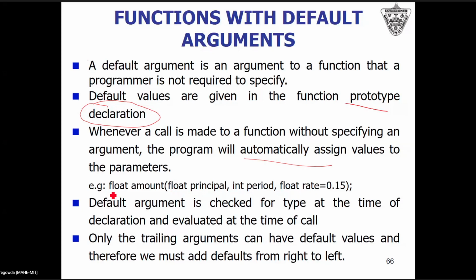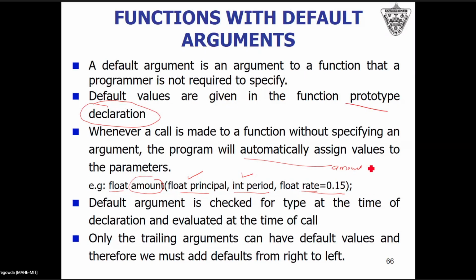For example, if you look at this one, I have a function prototype statement here. The name of the function is amount. I have a principal, interest, the duration, and a rate of interest. Suppose the rate of interest is not changed, then you can invoke the function amount with only the principal and the duration, so that by default the compiler is going to assume the default value as 0.15. For example, if you invoke a function like this,